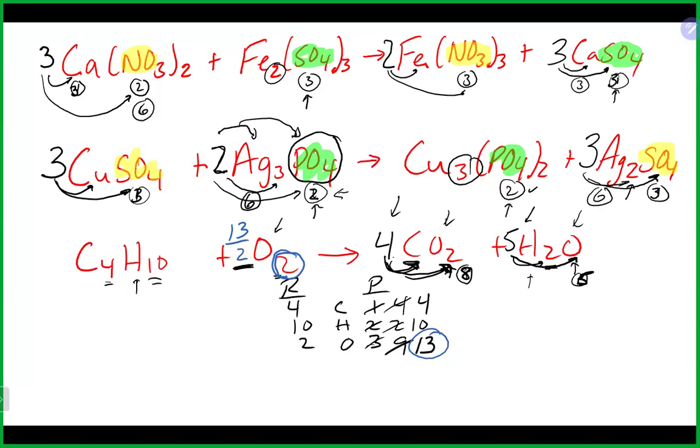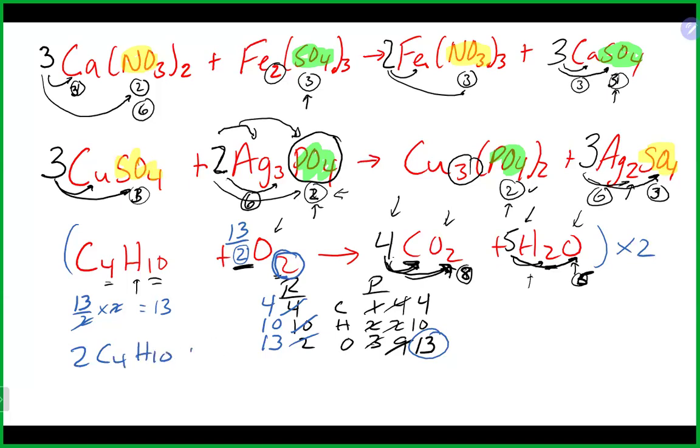That's going to give me on the left-hand side 4 carbons, 10 hydrogens, and once again, when you take 13 times 2, that's going to get rid of it, and we're going to end up with 13 oxygens. It is technically balanced at this point. Can I leave it like that? I cannot. So once again, we do need to clear the fraction. So we're going to multiply everybody here by 2. And again, that is the denominator to clear it. And if I do that, that will give me